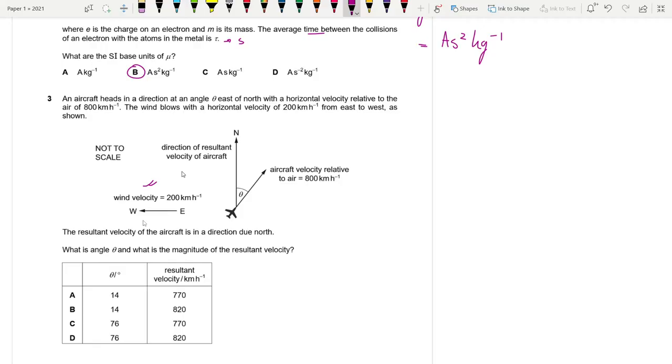So basically, how do we do these sums on relative velocity? The resultant velocity matters. Our aircraft is actually going kind of like northeast, right? This is northeast, but due to the wind flowing in this direction, our resultant path is actually in this direction. All right, so this is how the wind's blowing from east to west, right? This is the velocity of the wind, and the aircraft's velocity relative to